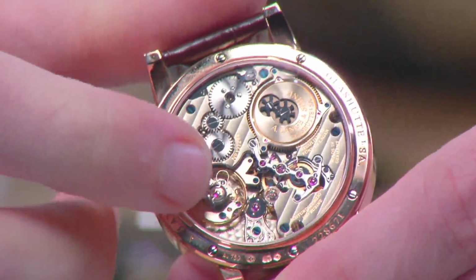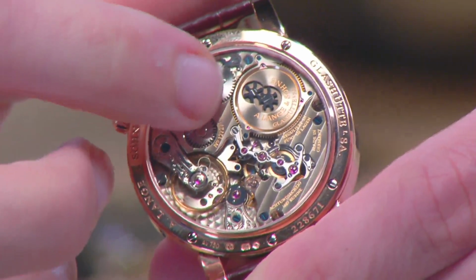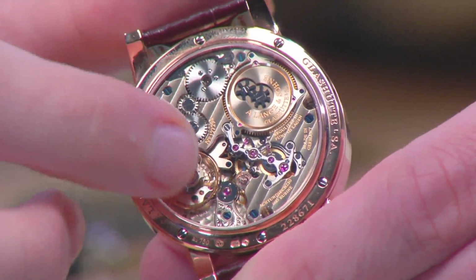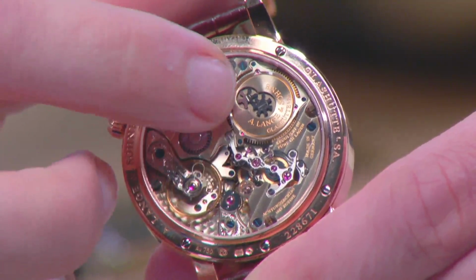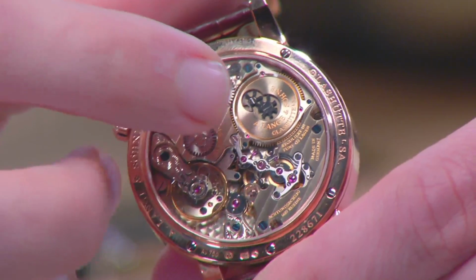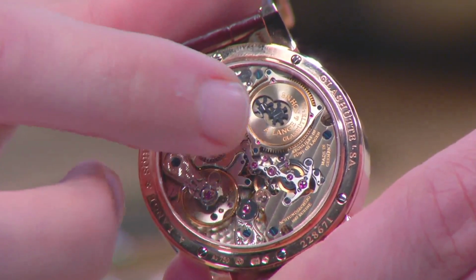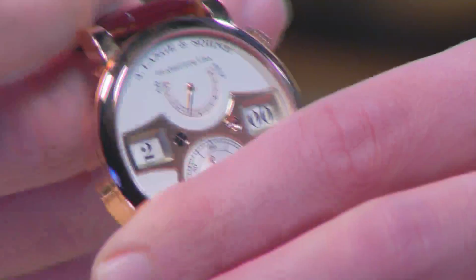Just like that, jumping back to the case, the reason that there's a remontoir here is not just to keep good time, it achieves that goal, but also to prevent the enormous power of that mainspring from flying through and damaging the escapement through the train. It should be mentioned that one side of this mainspring, because it is such a massive and powerful mainspring, one side of the spring is actually anchored to the bridge of the watch itself, and winding a Zeitwerk is one